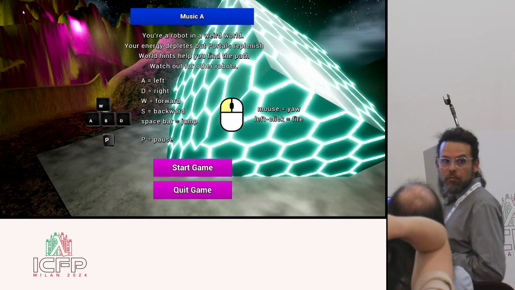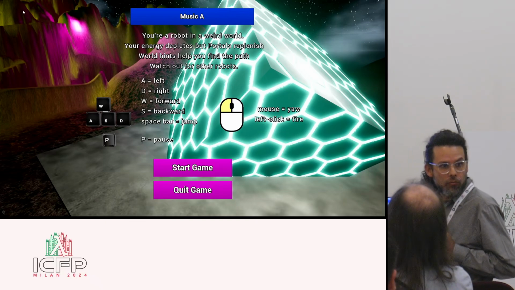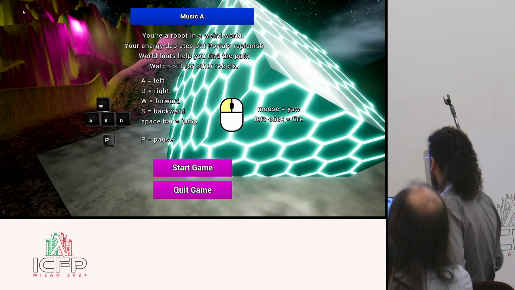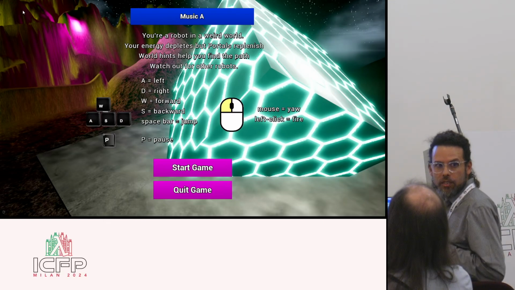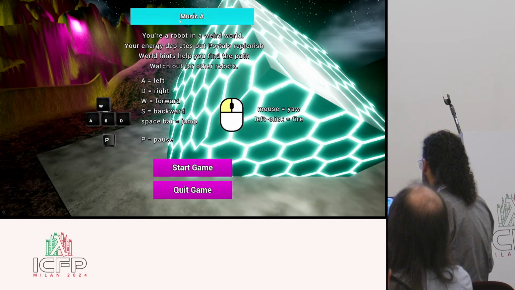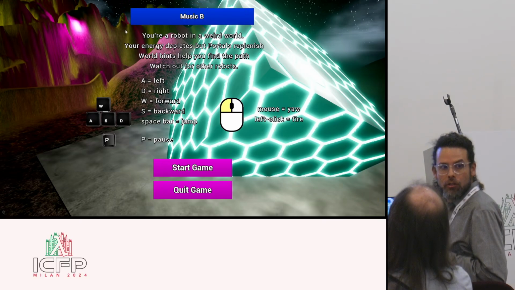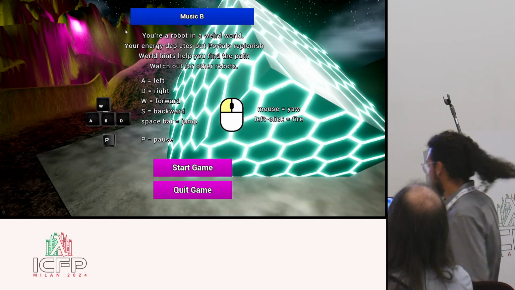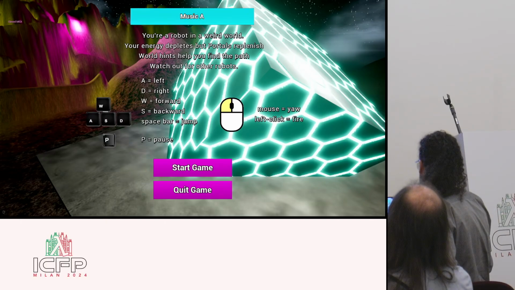So the game has already the two kinds of music working. This one is the music that is like in the traditional sense. And if I move it like this, it is the music generated by the machine. At this point it is real-time generation. The other one was, so if I go back, you're gonna hear the